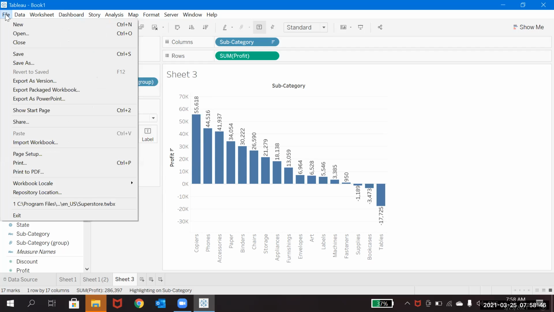Okay, and the rest, you can see this repository location. Repository location is nothing but the My Tableau Repository. What I initially told you, the moment you install Tableau, you will find the My Tableau Repository folder under My Documents in your system. Wherever you have My Documents, there you can actually see your My Tableau Repository folder. And the next one is the exit button, so it is the normal common one.